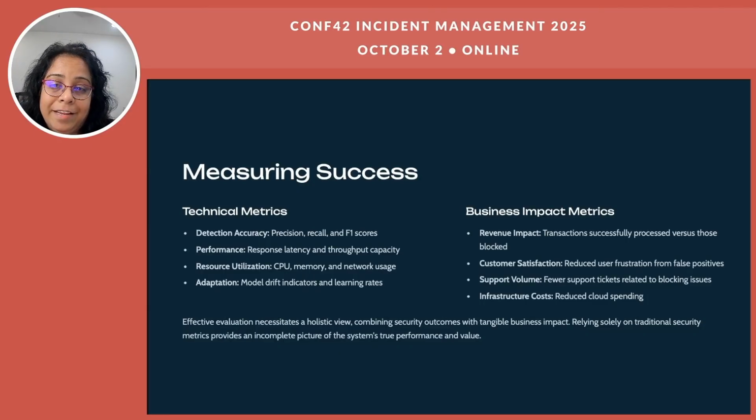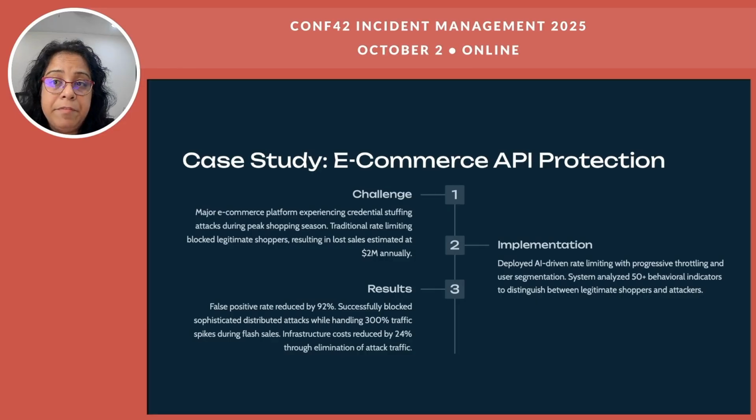The results are staggering. False positive rate reduced by 92%, successfully blocked sophisticated distributed attacks while handling 300% traffic spikes during flash sales, infrastructure cost reduced by 25% through elimination of attack traffic. And this is not just theory, this is a proven strategy with dramatic results. Looking ahead, we see emerging technologies like deep learning for more accurate pattern recognition, reinforcement learning for adaptive response strategies,